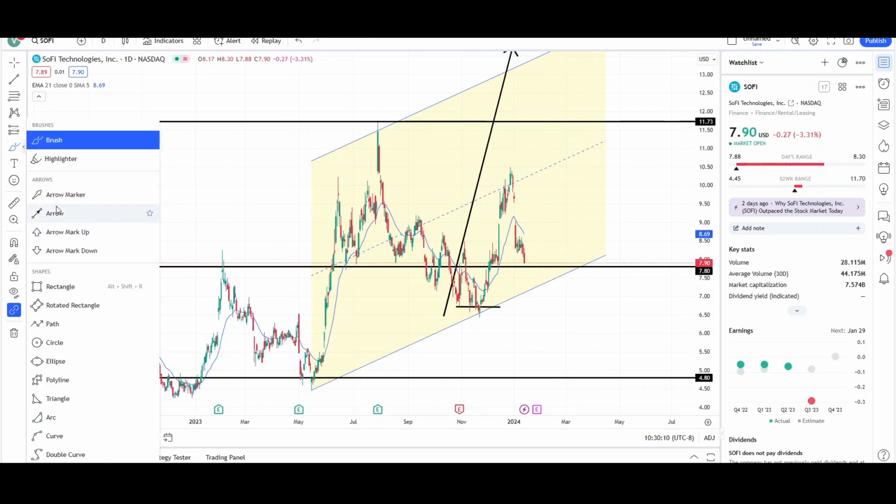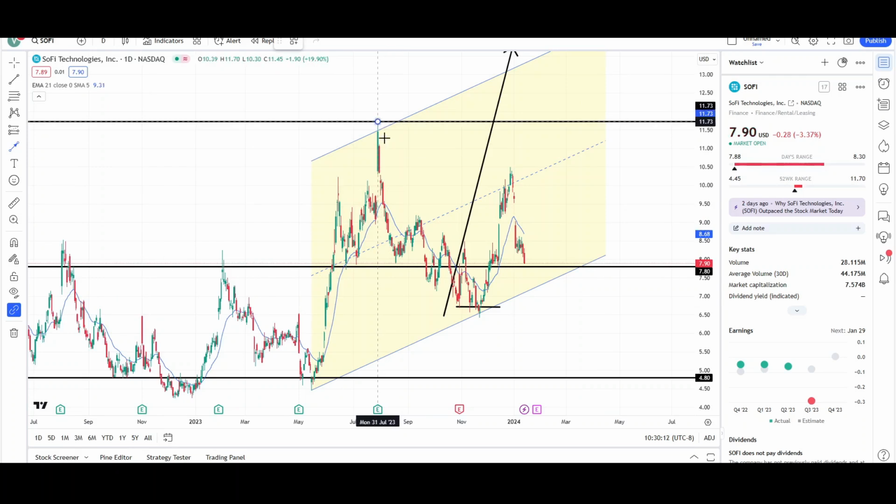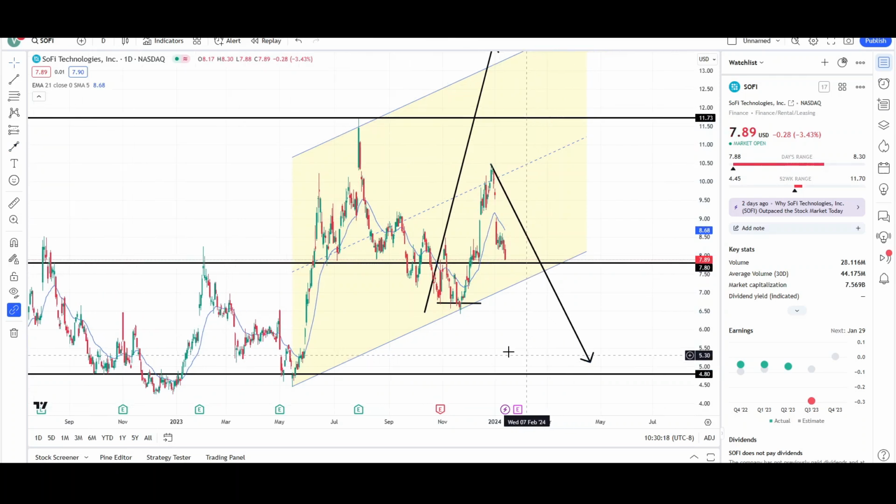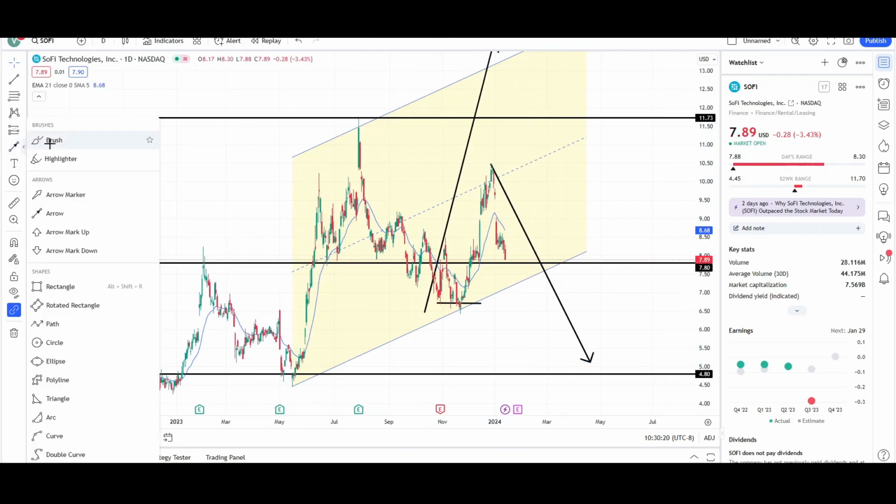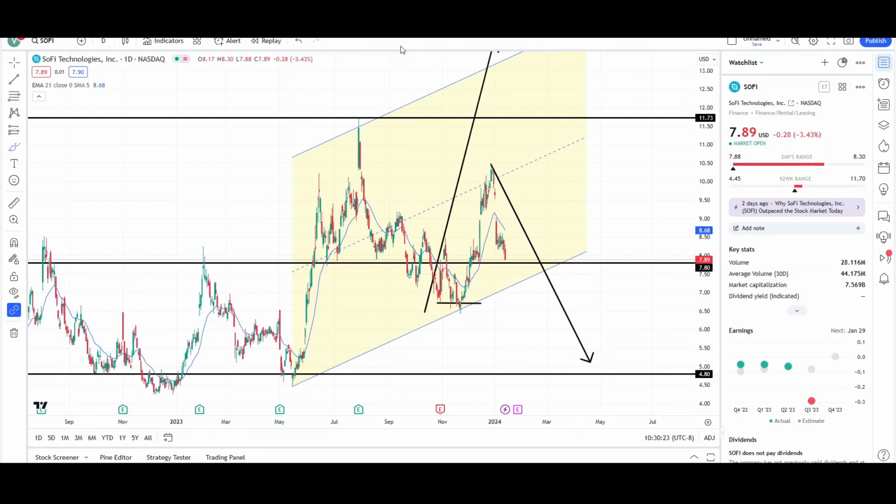However, if price does just continue to collapse lower and lower, most likely the bears are trying to make another leg down, targeting the $5 level once again. So maybe they're coming back down to fill in these gaps right over here. So again, it's going to be a battle between the bulls and bears over here. We'll see where the imbalance